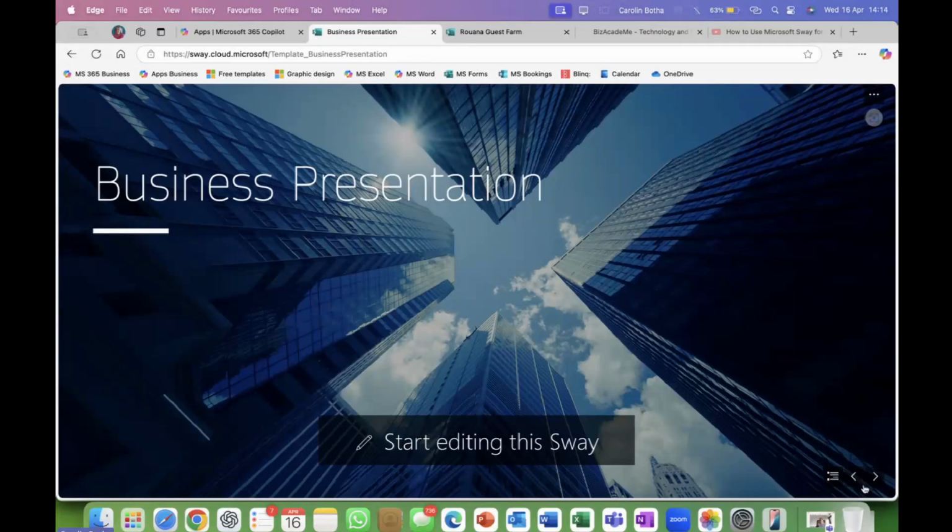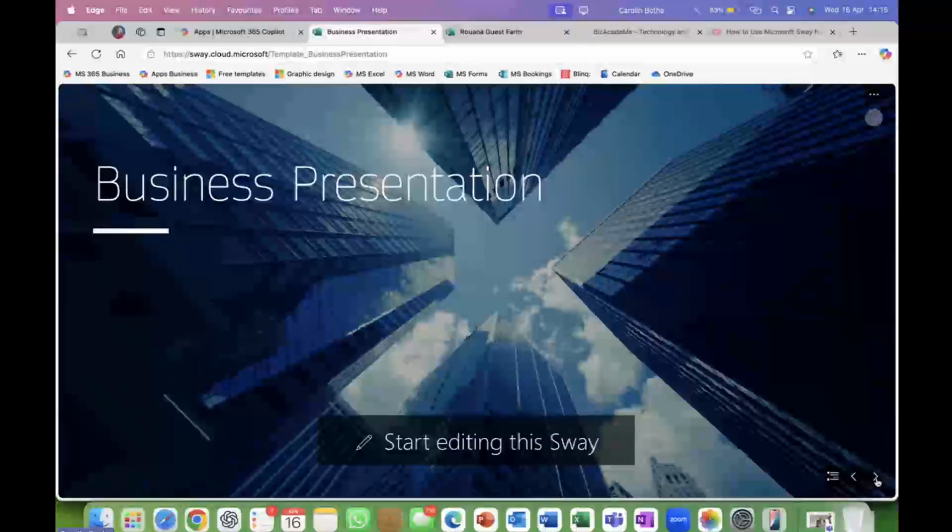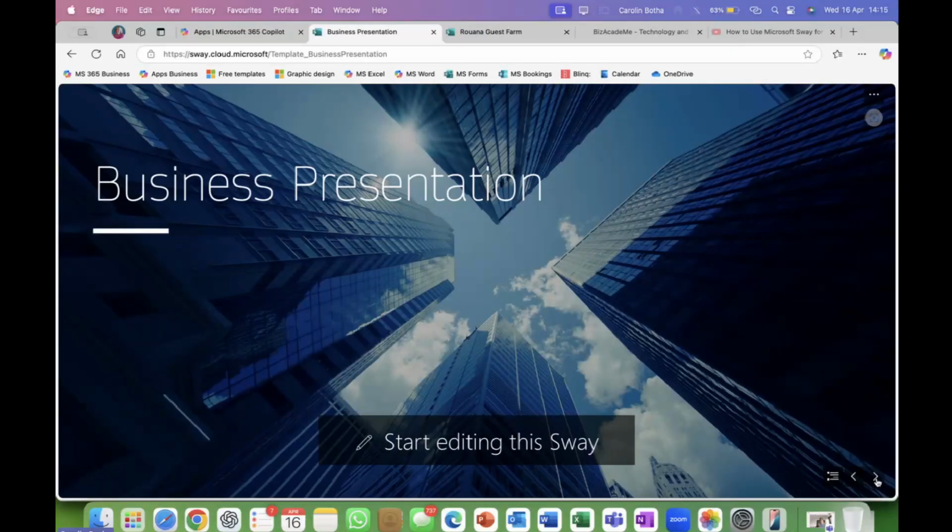So you need to go, this Teams is just a little bit, you just move that out of the way. You need to go to the arrow to go forward or to go backwards. Pardon me, which is also very handy if you share this presentation with someone, or the Sway creation.